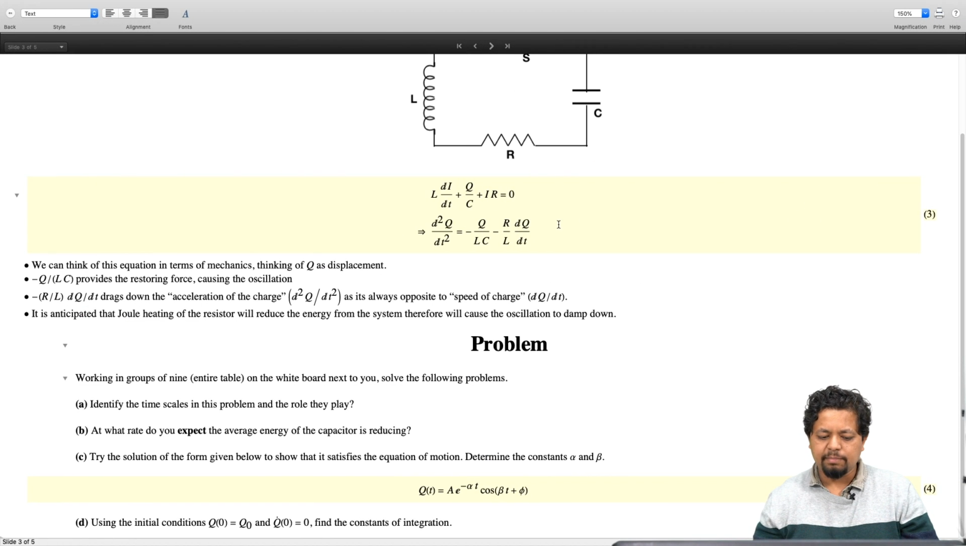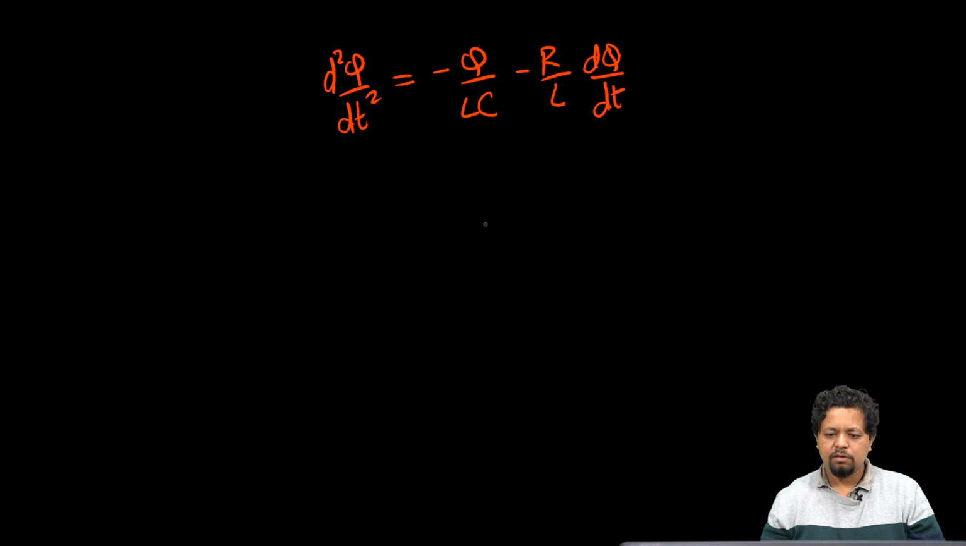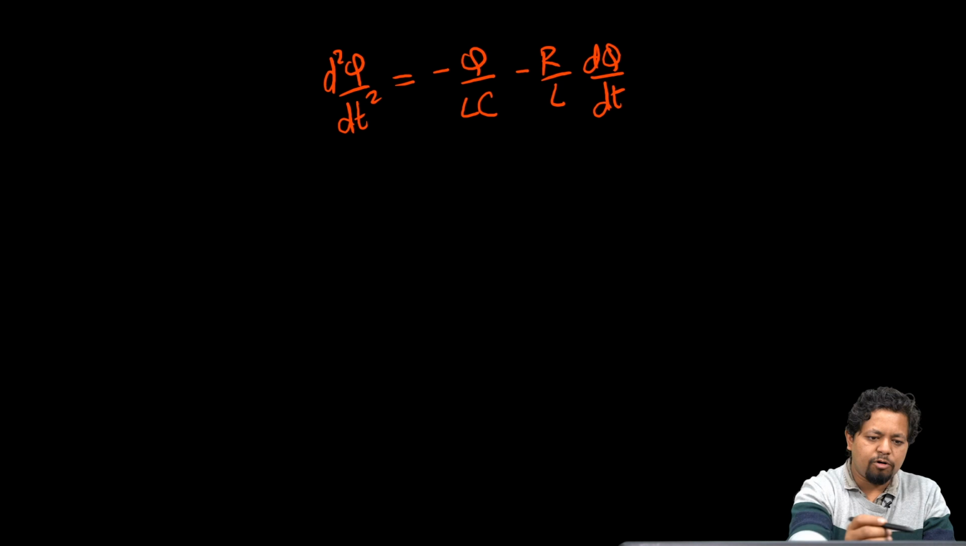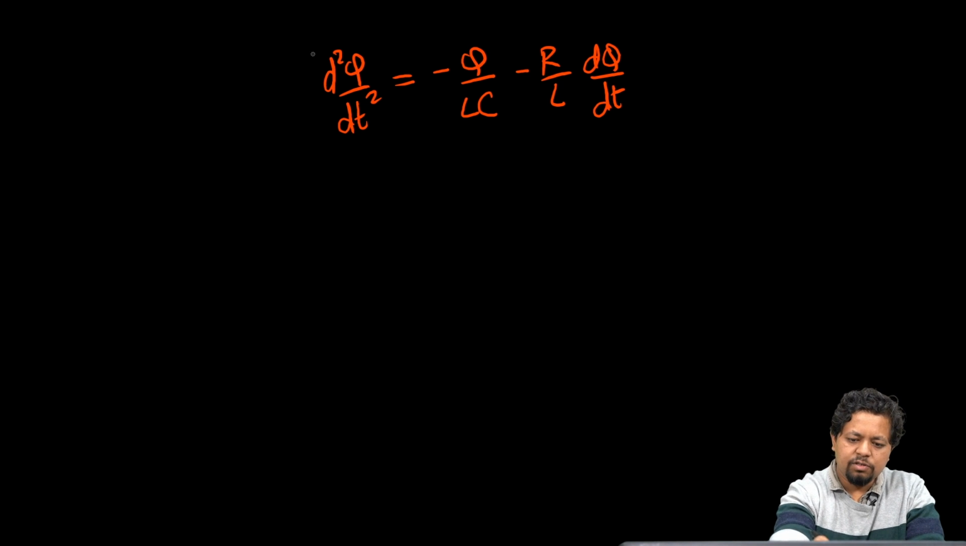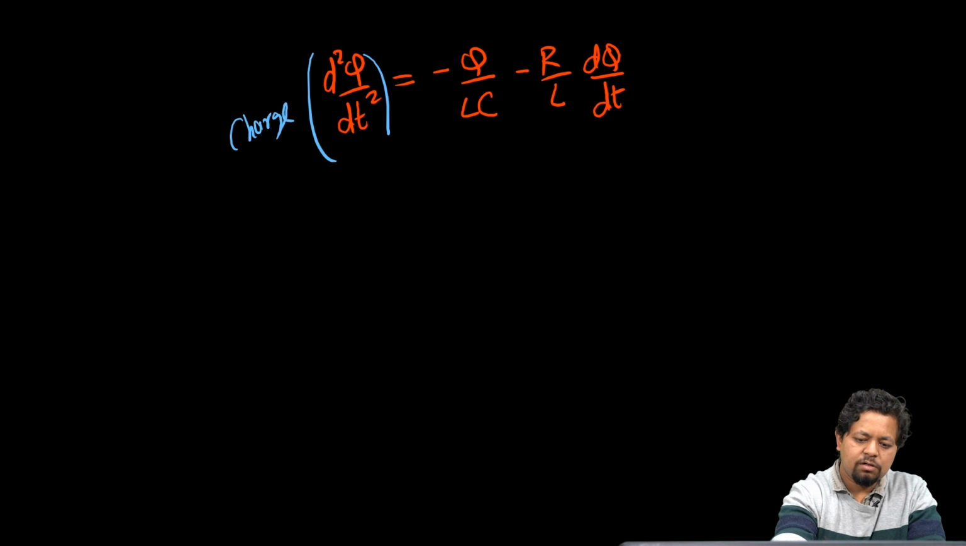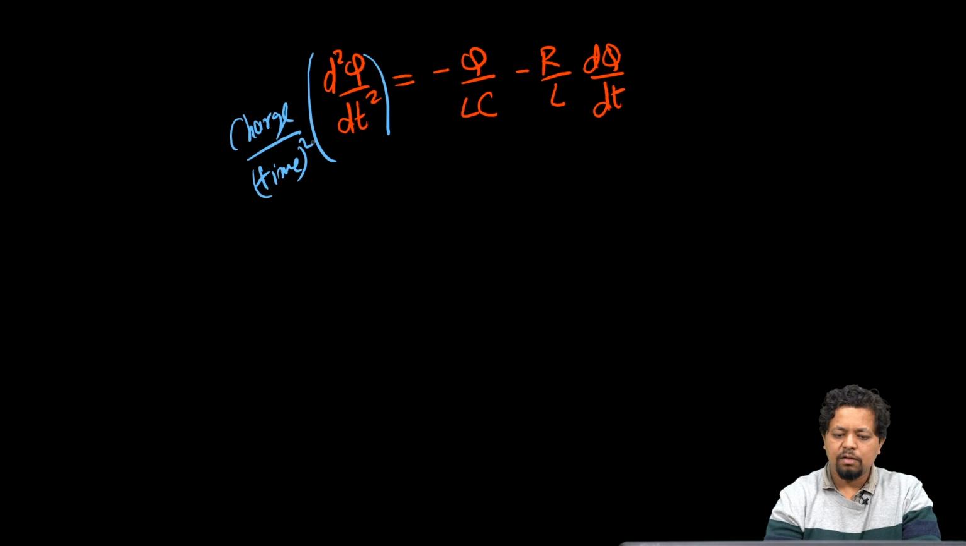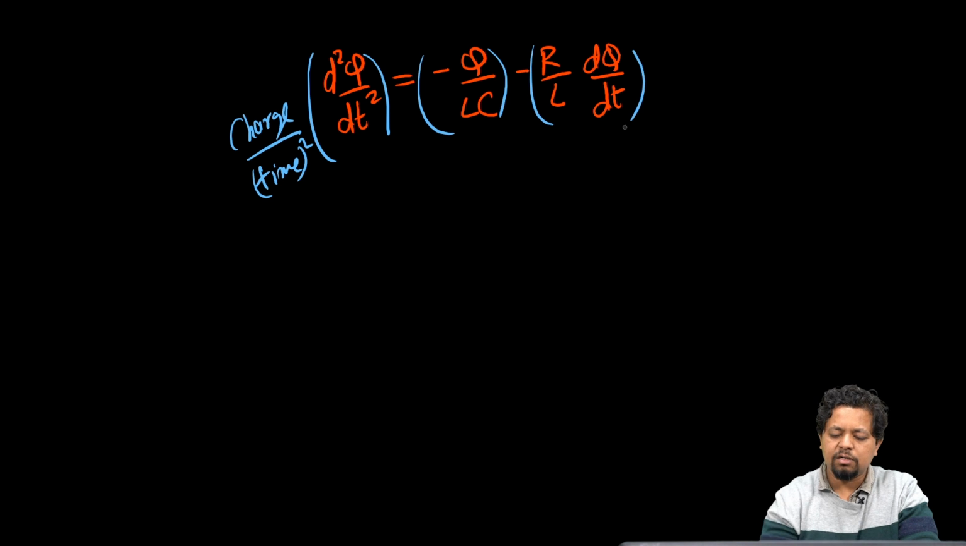We have to find out what the time scales are in this problem. Now you can read out the natural time scales present in the problem using the differential equation itself. Each of the terms here has dimensions of q by time square. You see that this term has dimensions of charge by time square, and if this equation is right, then each of these terms has to have the same dimension,